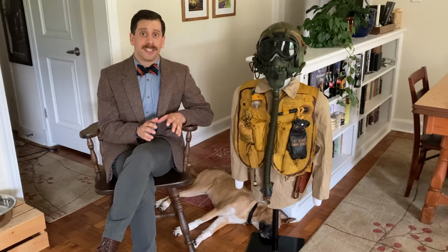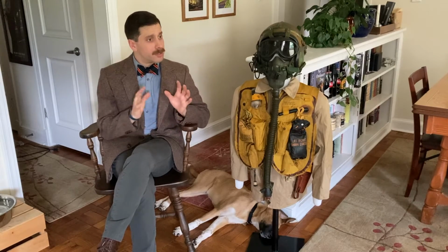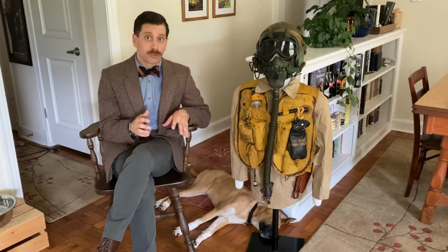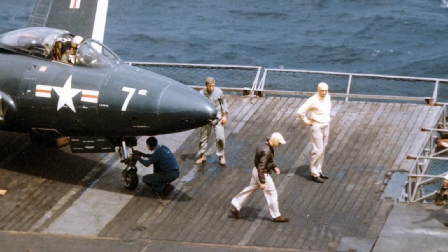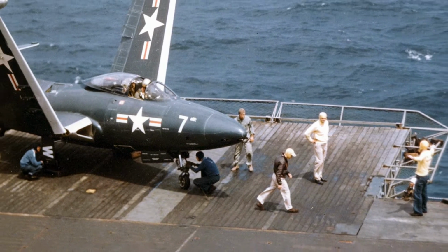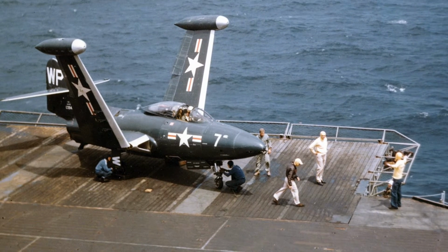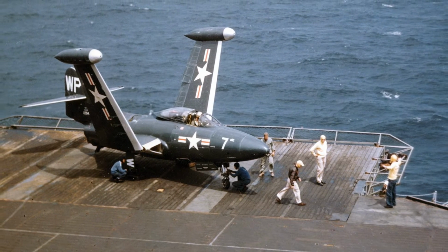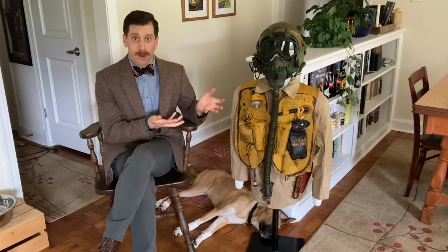Now, the 1950s is a time of transition for naval aviation. While they still have propeller-driven aircraft, they are starting to go into the jet age. So they're starting to look at more protection for the pilots and also how to better their survival should they have to bail out. So if you take a look at the mannequin beside me, he's wearing equipment of a